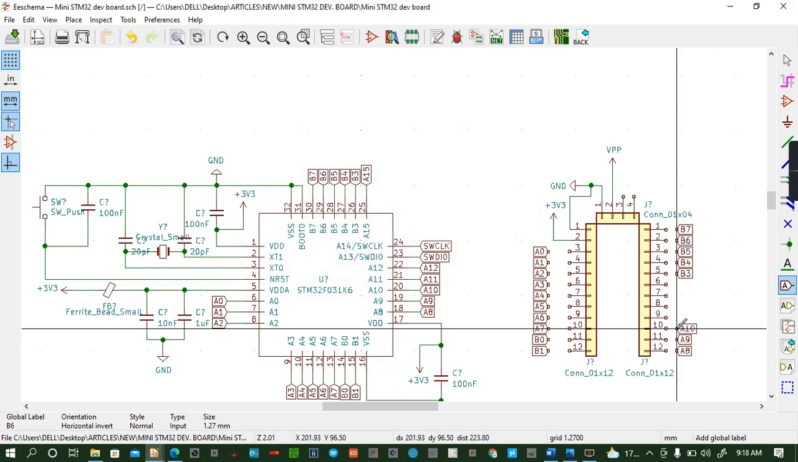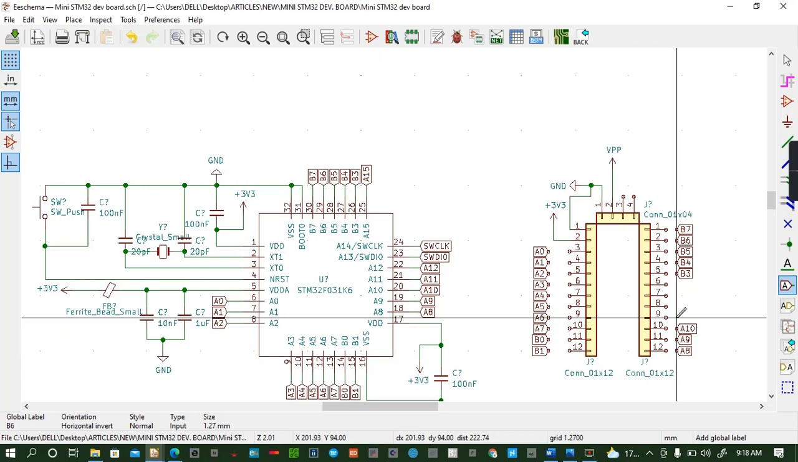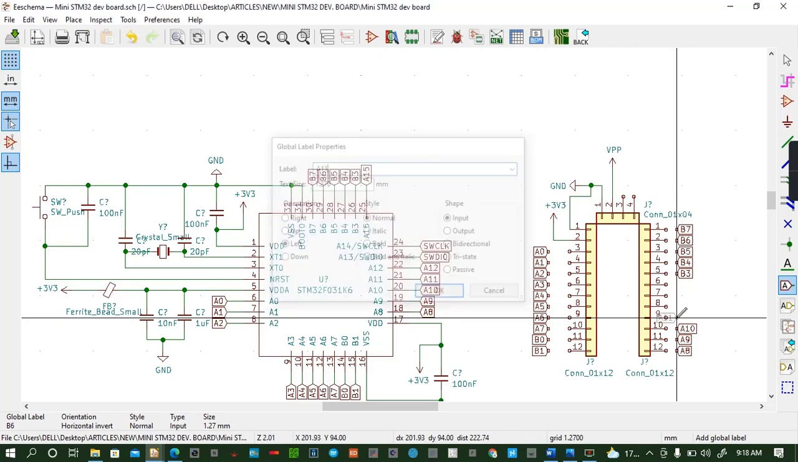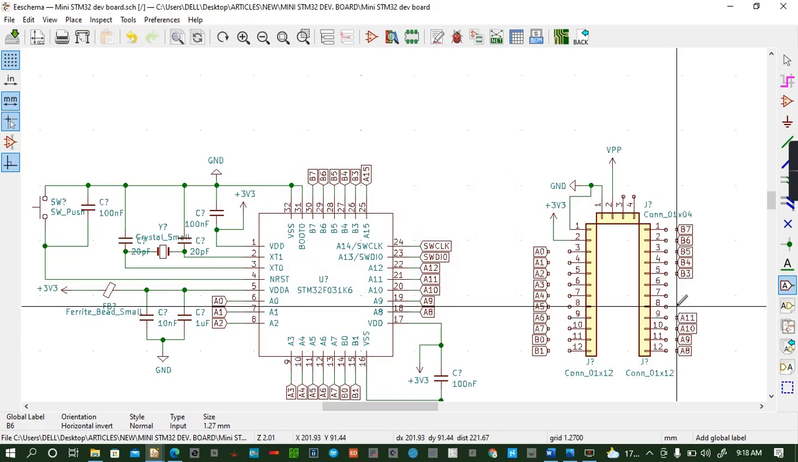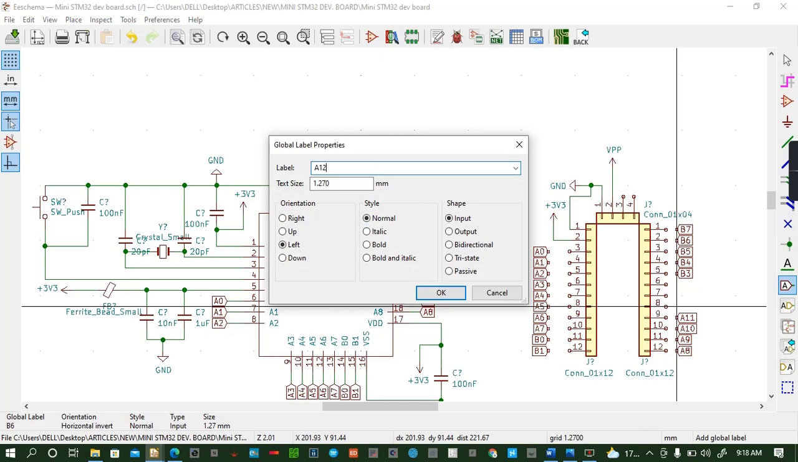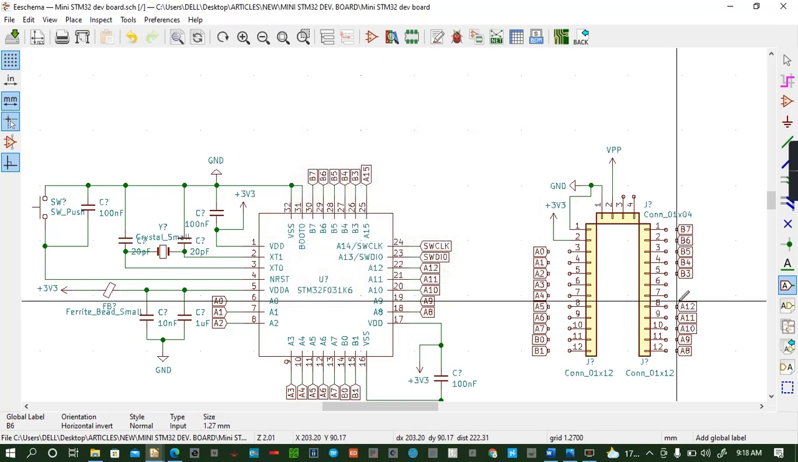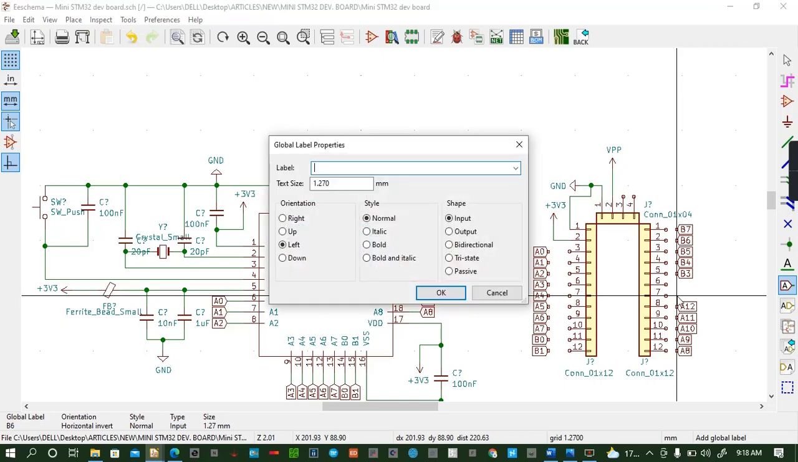enter, error, enter, A11, enter, error, enter, A12, enter, error, enter. First I have to check something. So you have A8, A9, A10, A11, A12, so no problem. So A15,